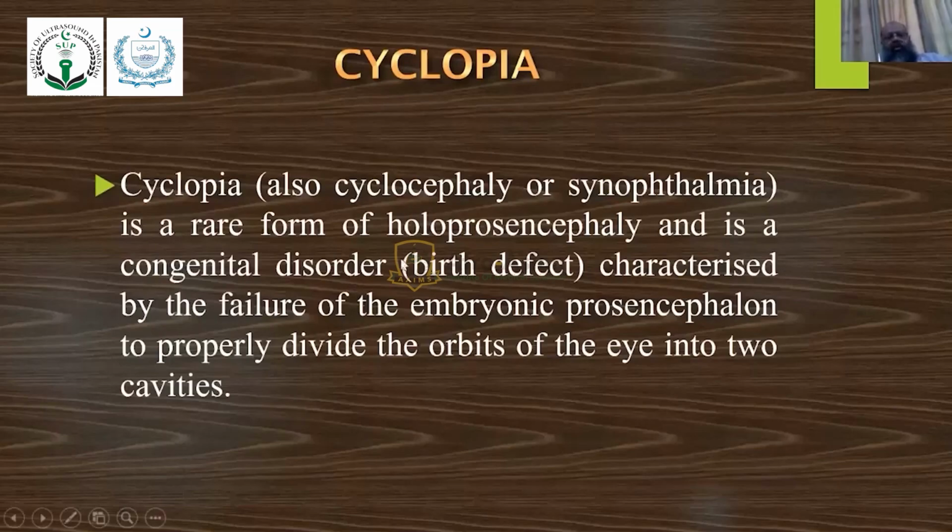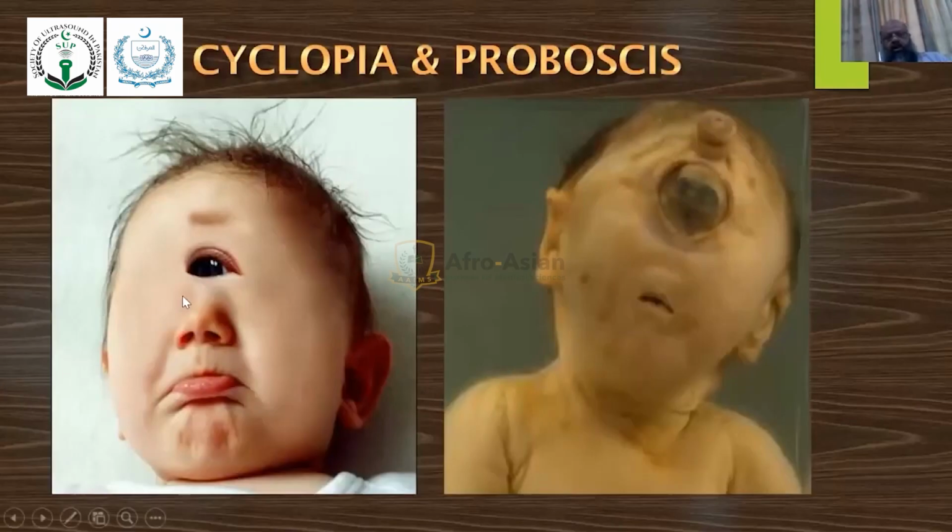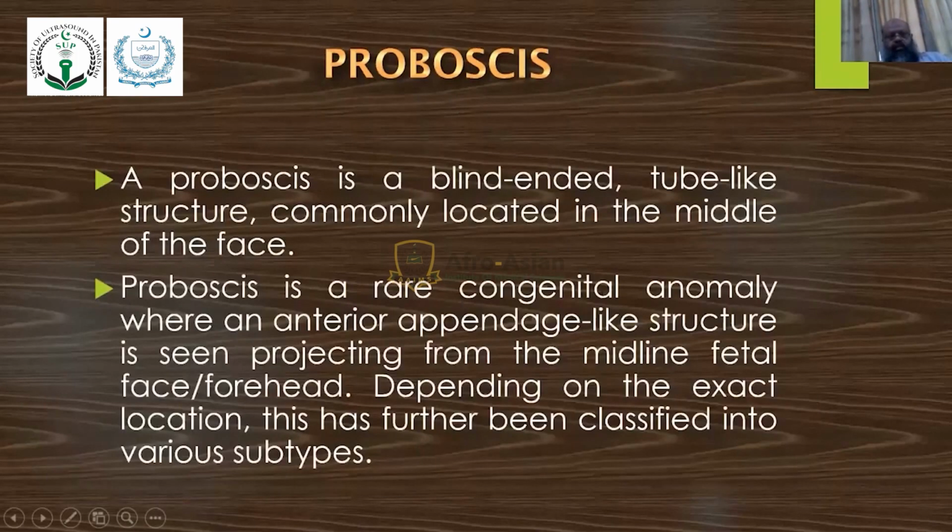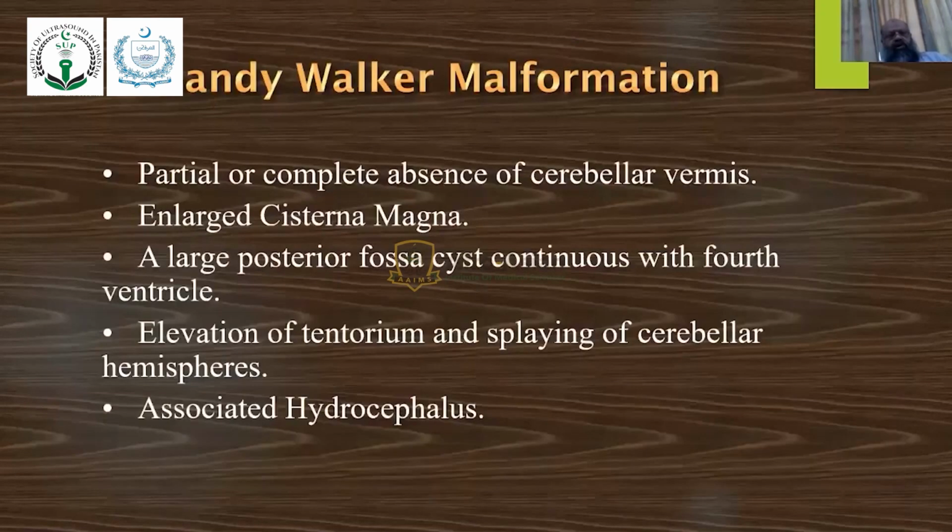is a rare form of holoprosencephaly and is a congenital disorder characterized by the failure of the embryonic prosencephalon to properly divide the orbits of the eye into two cavities. So it remains single like this. This is proboscis. Then comes Dandy Walker malformation,